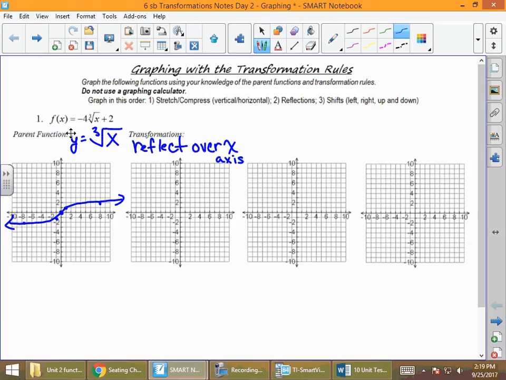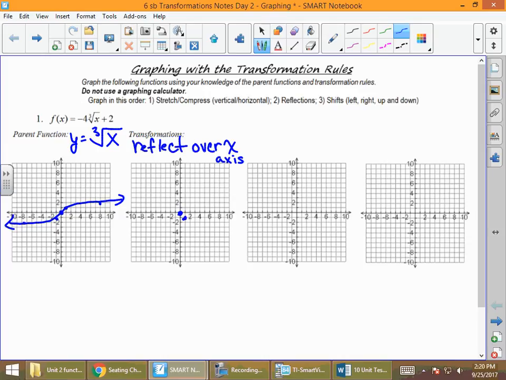So it's hard to show on a video, but the 0, 0, that point's not going to move. It's already on the x-axis. But the point 1, 1, what's going to happen is it's going to flip over the x-axis. And still, instead of being at 1, 1, it's now going to flip, and it's going to be at 1,